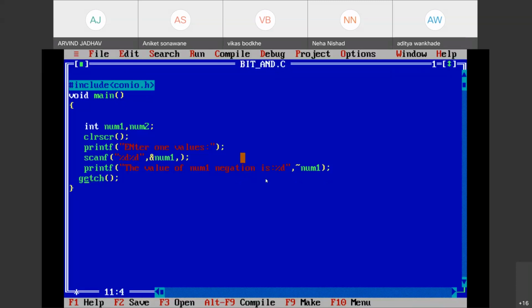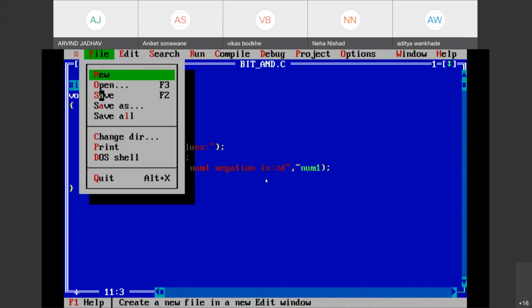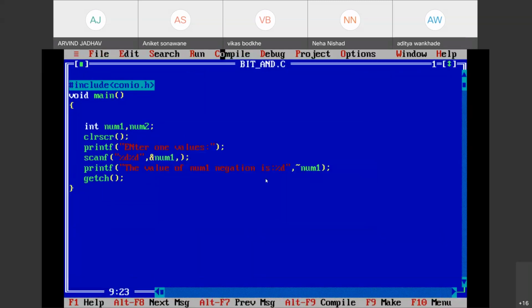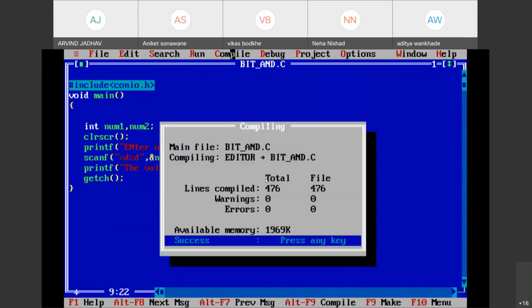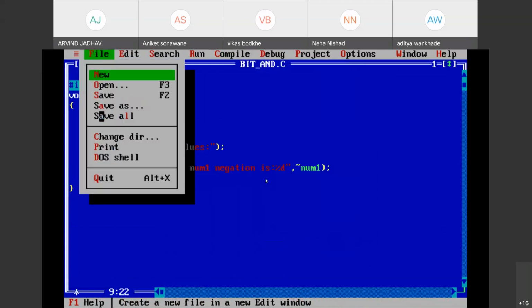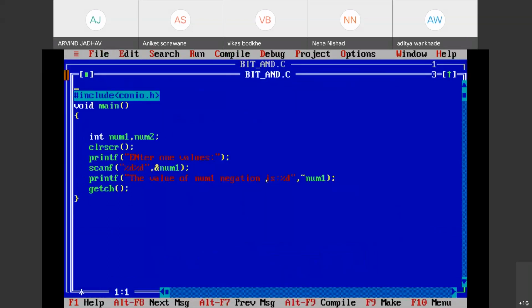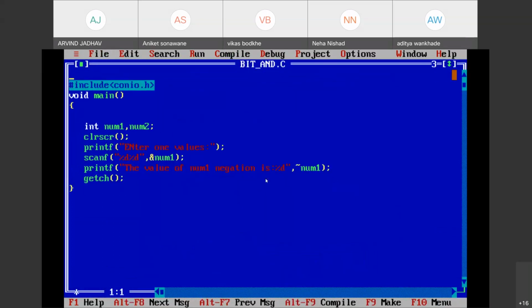Okay, done. So just save it and compile it. One error is there, expression syntax error, why? Compile it. Before that, save it. Okay, compile, run that program.